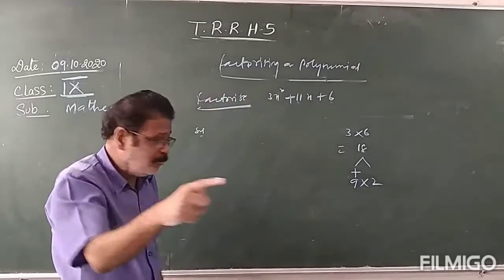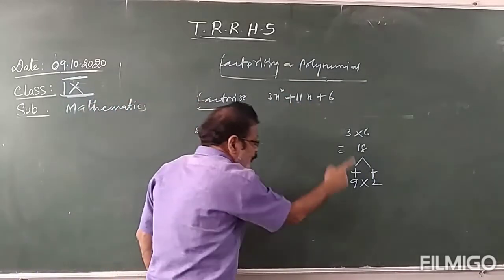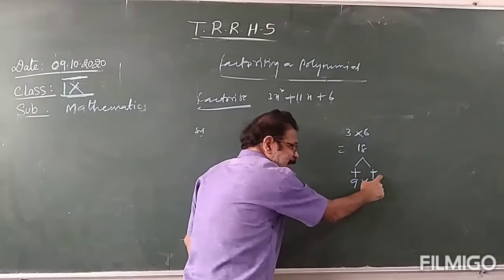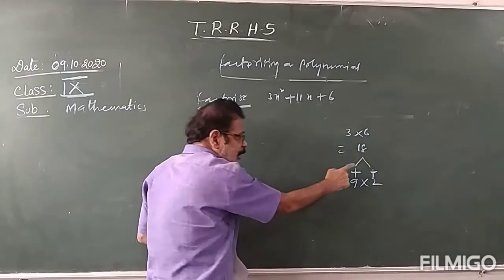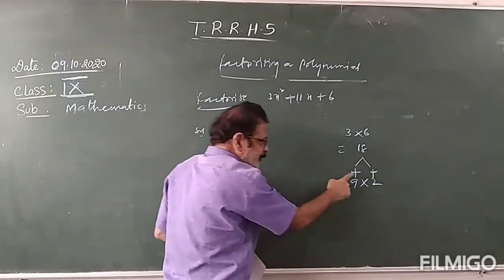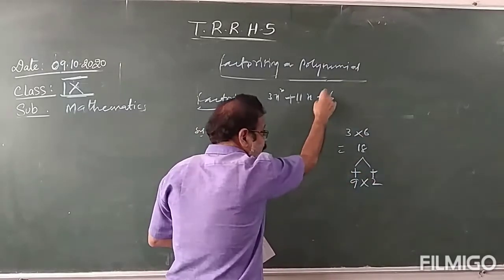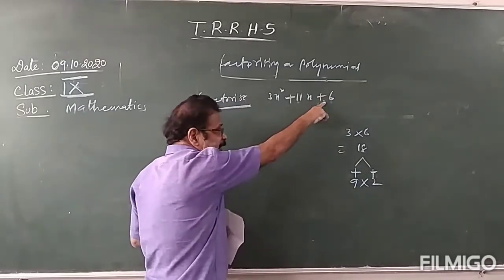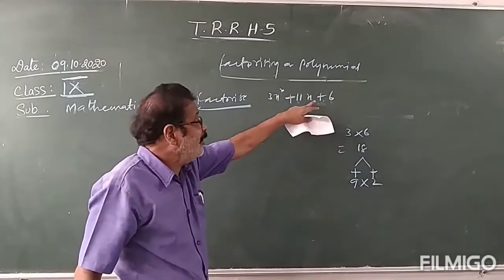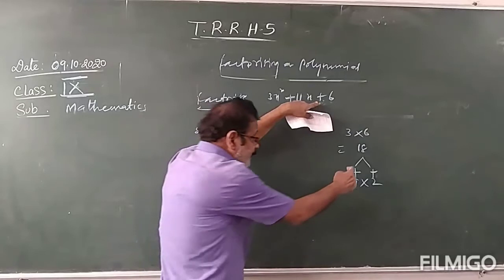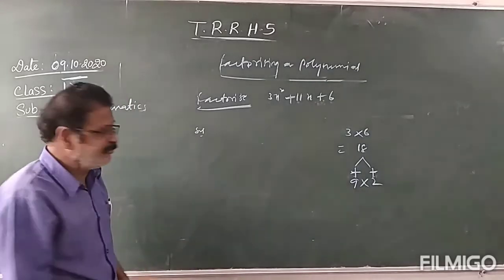Positive. When the constant is positive, the same sign is allotted. In case the constant is negative, then the opposite sign is allotted, that is, the opposite of the greater factor's sign. If the greater factor's sign is plus, you should allot minus. When the constant sign is plus, allot the same sign: whatever sign is given to the greater factor, the smaller factor also gets the same sign. This is the way of allotting the sign.